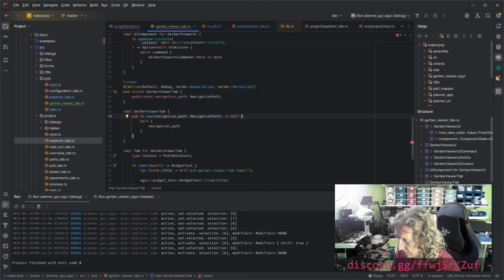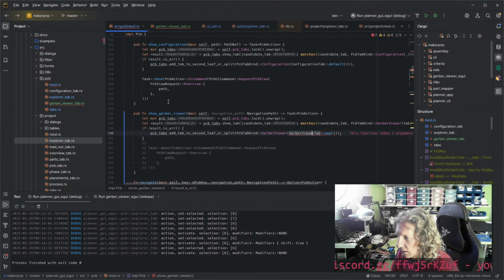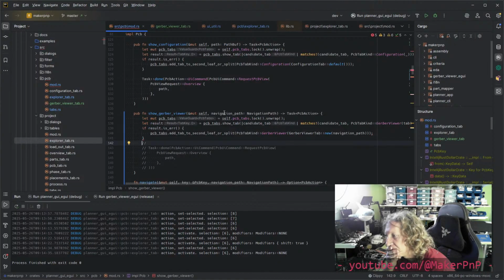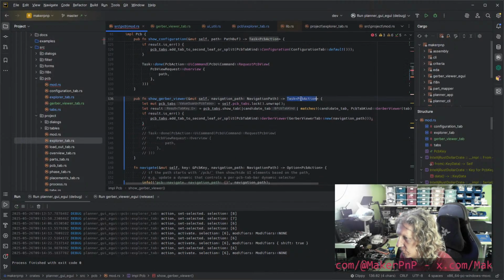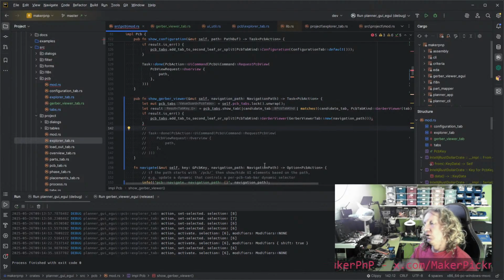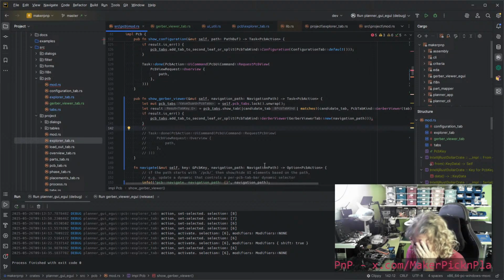Yeah, like that. And we can pass in the navigation path. Thus. Right. And then we need to do something else afterwards. We need to create a task. Which is going to be, what? Show